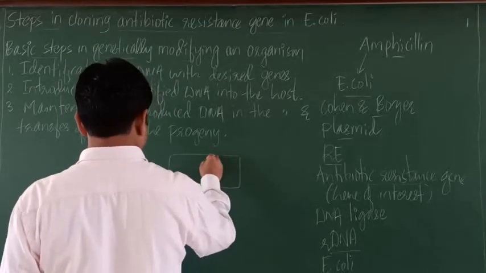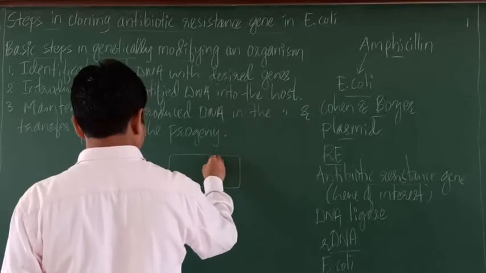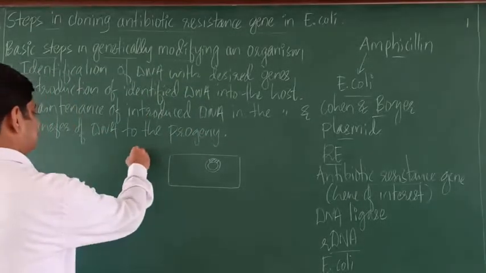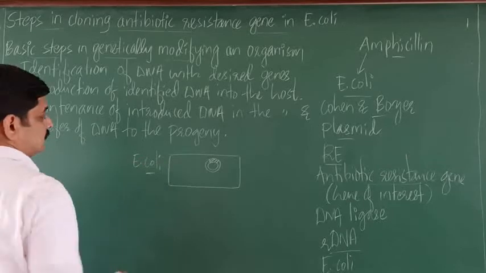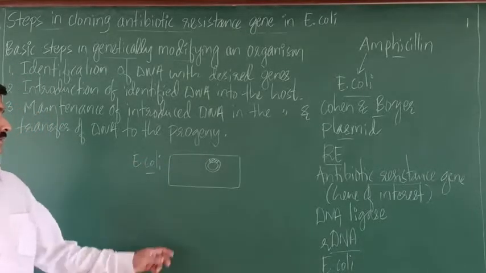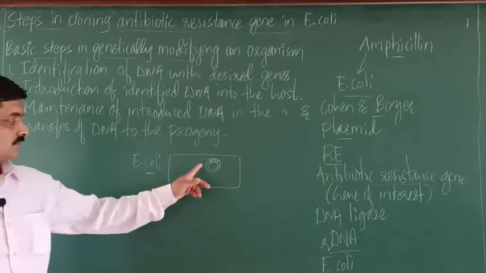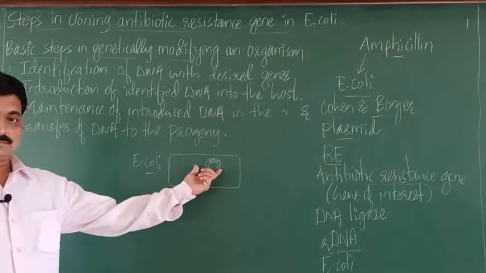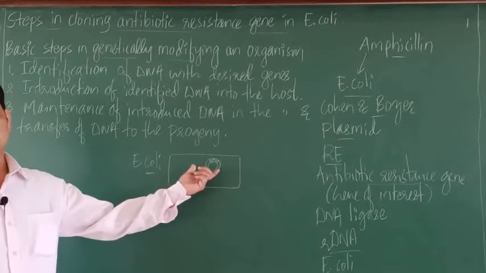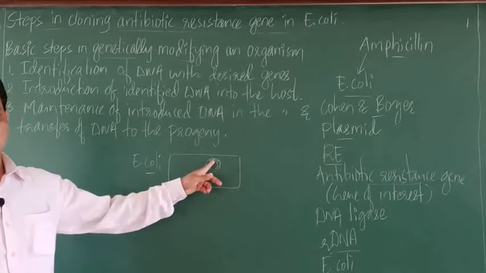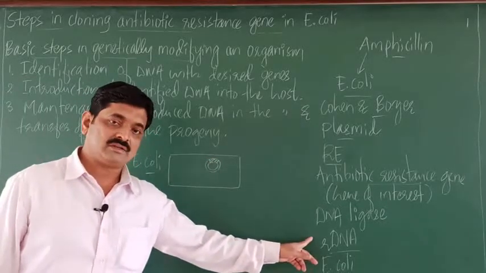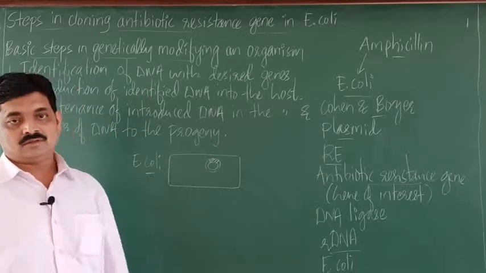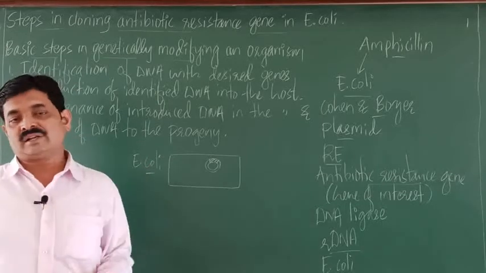This is the E. coli. This is the plasmid. Right? So this is the E. coli cell. This is the plasmid inside the E. coli cell. So this plasmid, which is having a desired gene, is called recombinant DNA. So recombinant DNA now is there in the E. coli. When this E. coli multiplies,